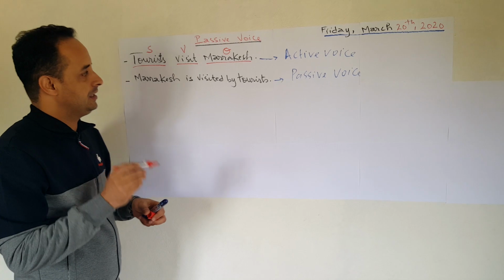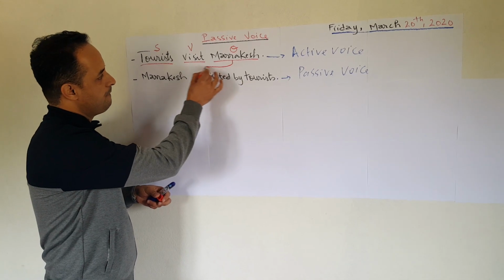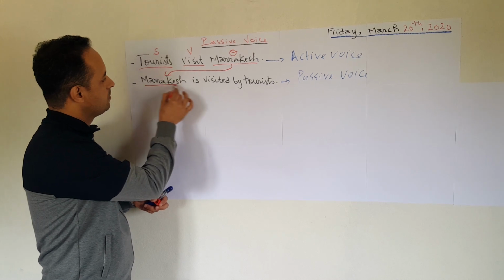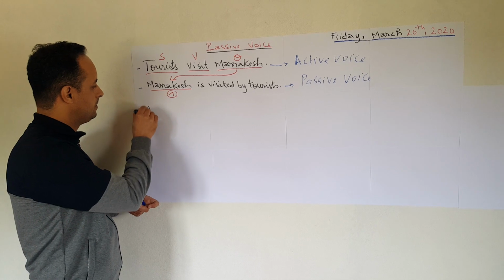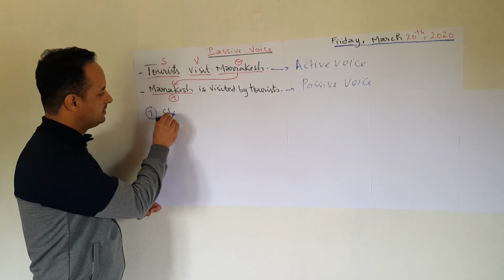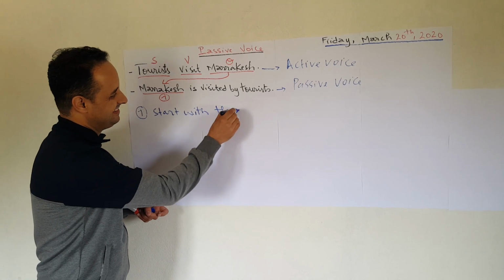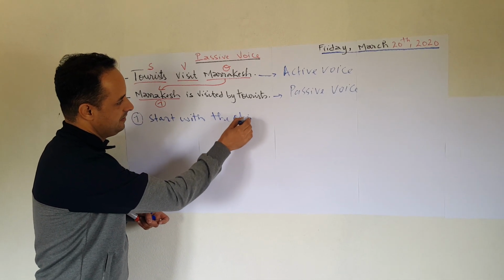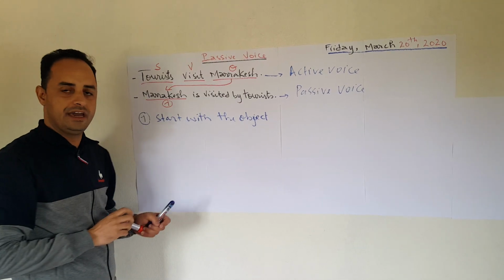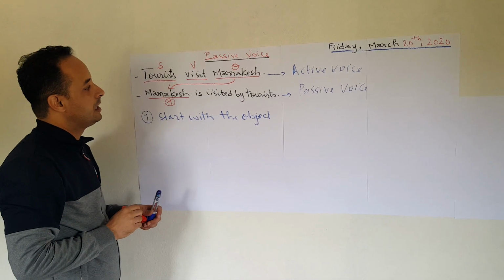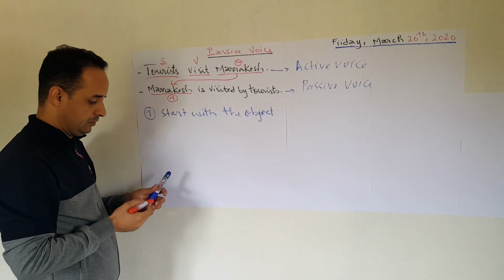And then the first thing we do, that's number one, is you start with the object. You bring the object to the beginning of your sentence. And in the exam, this step is already given for you. And number two